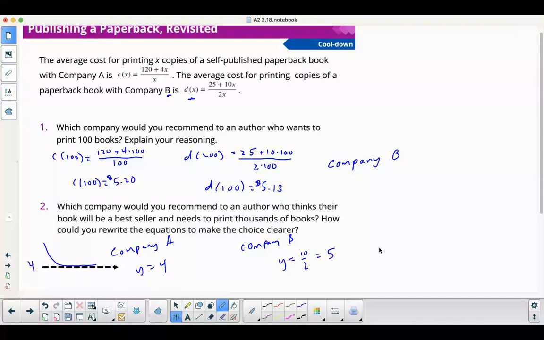So that would look kind of like this, but it's leveling off at 5 right there. So as X gets bigger and bigger, we're talking thousands. This is going to level off at 5. This is going to level off at 4. I would definitely recommend company A as my answer because it's going to get closer and closer to 4, which will be cheaper in the long run. So your graph would look something like this, like company A